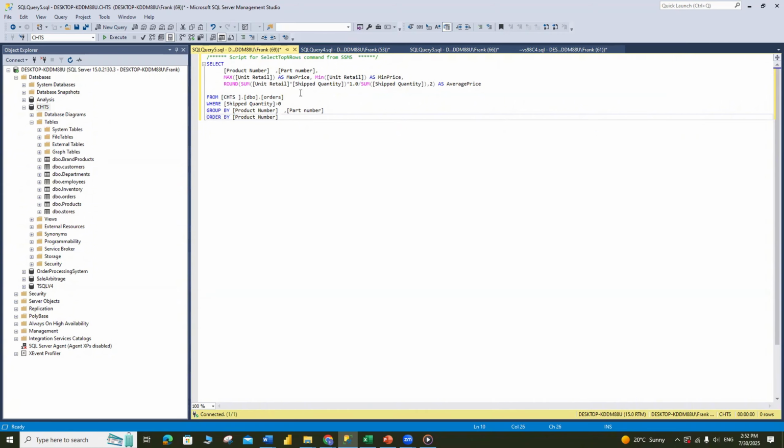Where shipped quantity greater than 0, we filter out records where no products were shipped. They're not considered real sales. Group by product number, part number. We group the data so we get one row per product part combination. Order by product number. Finally, we sort the result by product number for readability. Once we run this query, we get